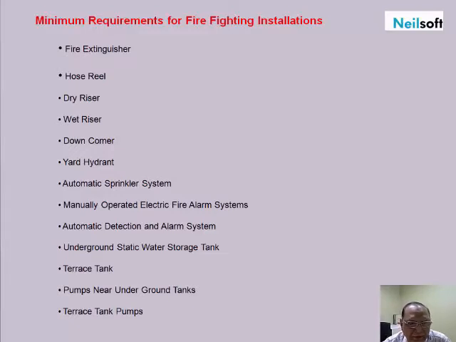Those occupancies must be fitted with fire extinguishers, hose reels, dry risers, wet risers, downcomers, yard hydrants, automatic sprinkler systems, manually operated electrical fire alarm systems, automatic detection and alarm system, underground static water storage tank, terrace tanks, pumps near